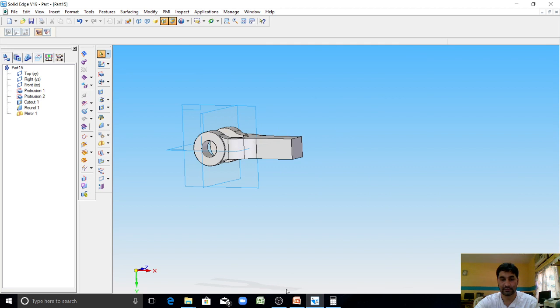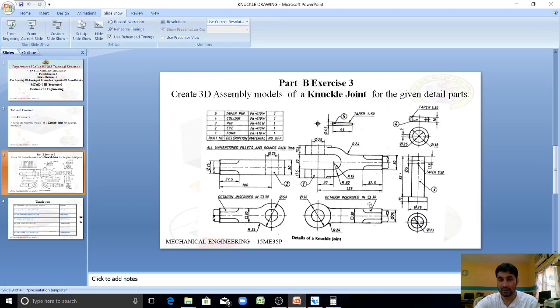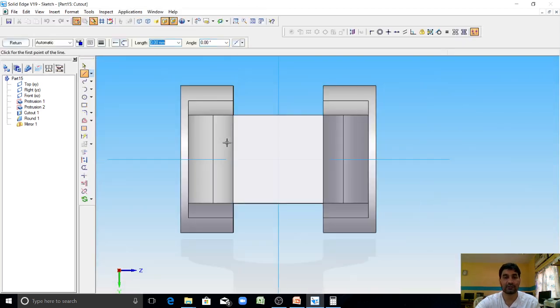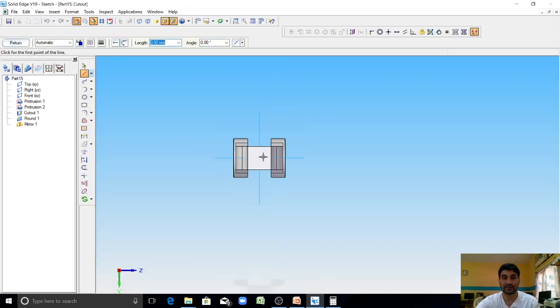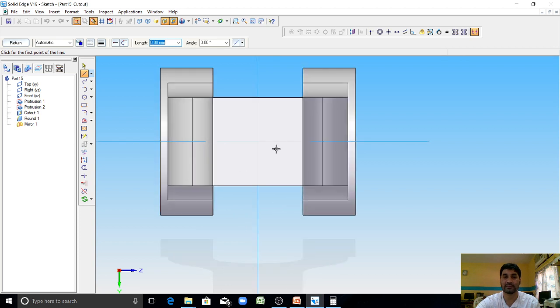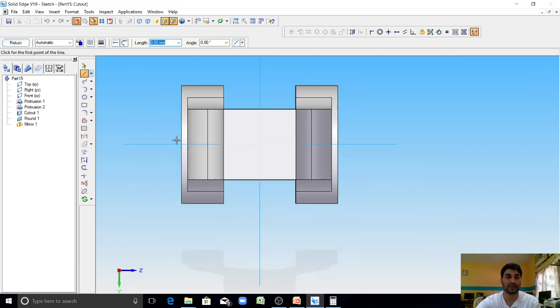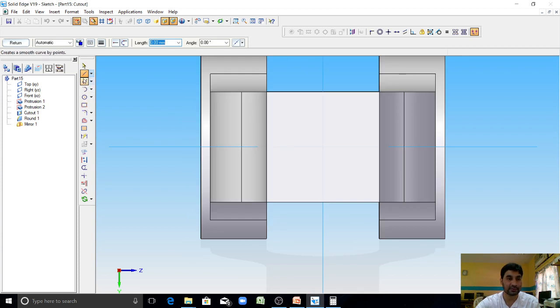Now you have an octagon inscribed in a square of 30. How to draw this? Let me explain. Go to the cutout operation here. Select this surface. Now in order to draw the octagon, the simplest method is to draw a square and rotate it about 45 degrees. I'll explain how to do this.